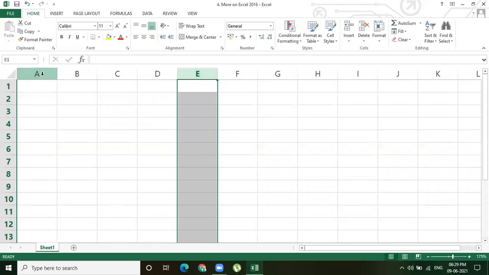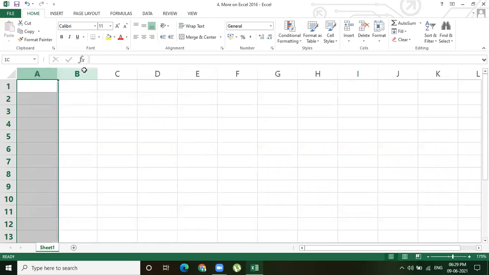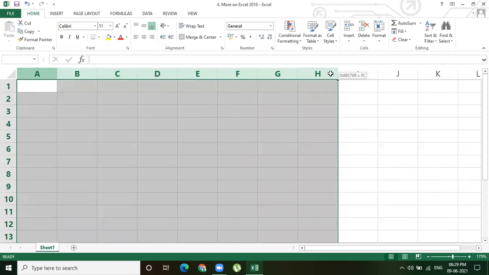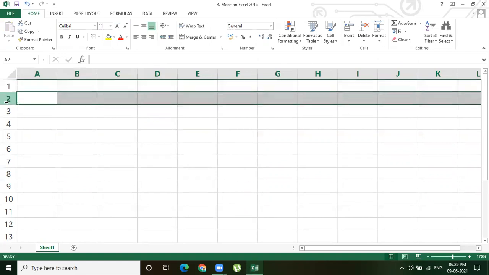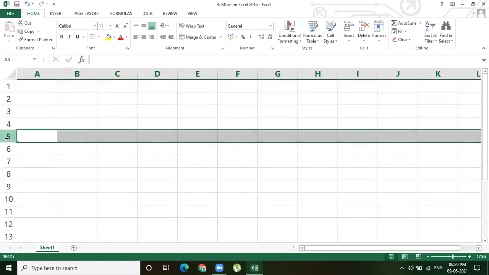If you want to select continuous columns, press and hold the left mouse button on the column letter and drag. In the same way, you can see the rows 1, 2, 3, 4, 5, 6, 7, like that. Just place the cursor on the row number and click on it to select the rows.